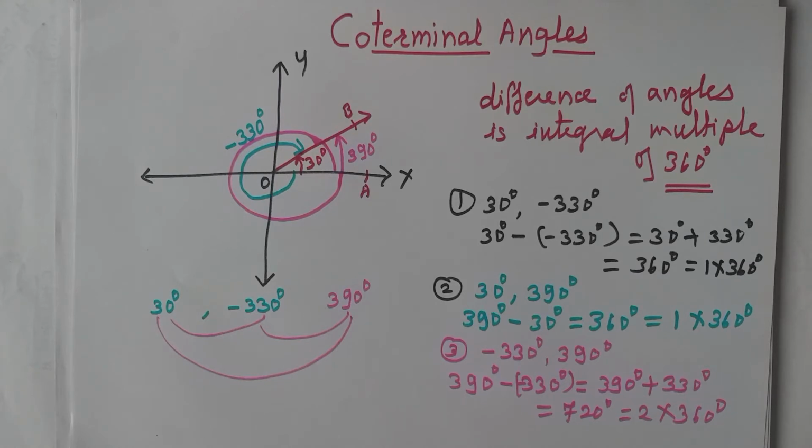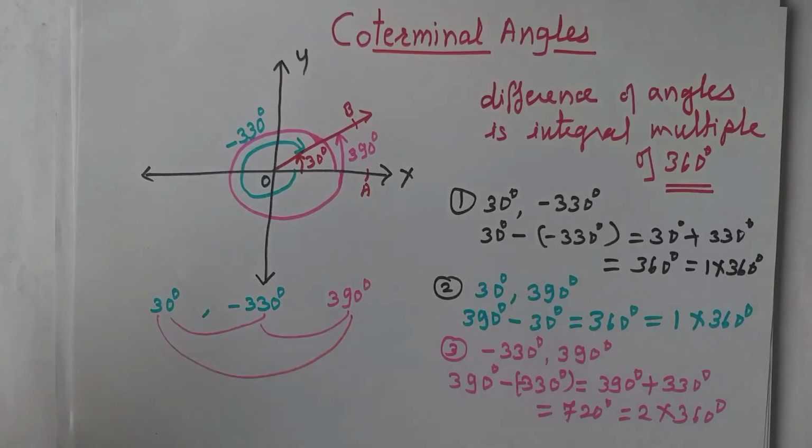Okay. In this way, without drawing a figure, from this trick or from this formula, you can verify whether angles are coterminal or not. Then it is clear to you what is meant by coterminal angles. The directed angles of different measure of rotation but having the same initial and terminal arms are coterminal angles. And see that if the difference of two directed angles is an integral multiple of 360 degree, then those angles are coterminal angles. Okay, we will see more examples.